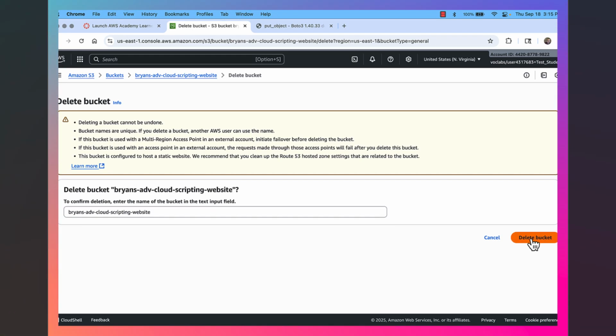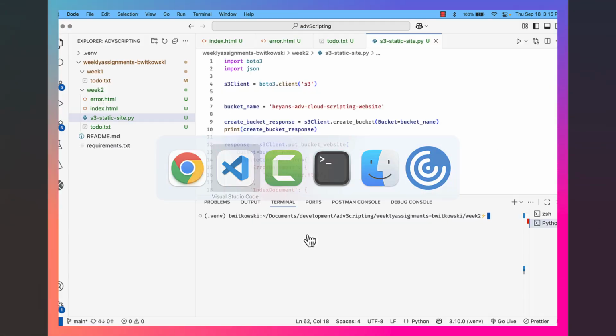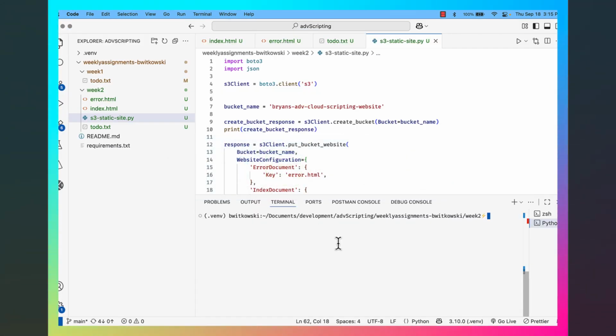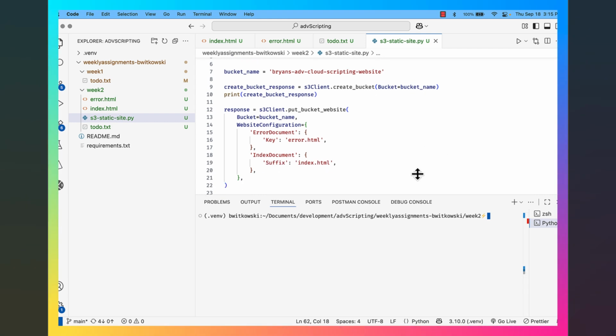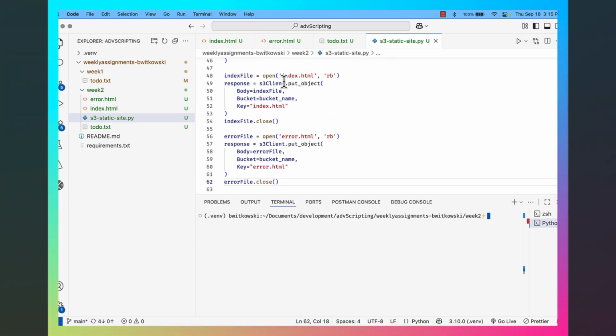So we weren't 100% successful in our first run. We created the bucket, and maybe some other things were successful, but I know that index.html and error.html were not successfully uploaded. So what I want to do is start from a clean slate, which is to say, I don't have a bucket, so I can recreate the bucket, and then I actually want to test, was the issue the fact that my working directory was not week 2, so then I didn't have the correct relative path when I was trying to open index.html and error.html to get uploaded. So now if I try to run this,